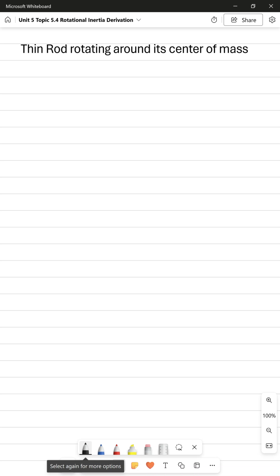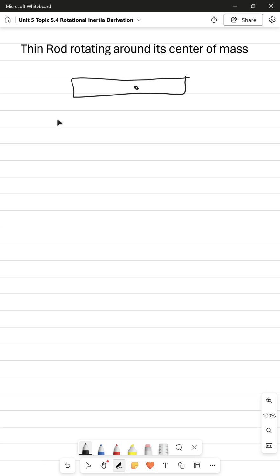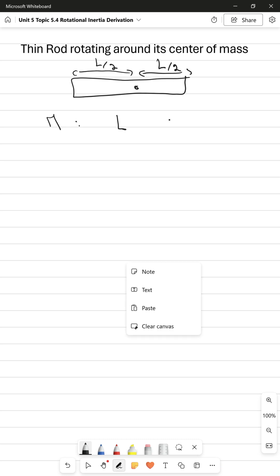Hello, in this video we are going to derive the moments of inertia of multiple objects. The first one is going to be a thin rod of uniform mass and length L. So I have a thin rod, I have a mass M, length L, so the center of mass will be at L over 2. So that's going to be L over 2, and this is going to be L over 2. And since we have uniform mass, it means the linear mass density lambda is going to be equal